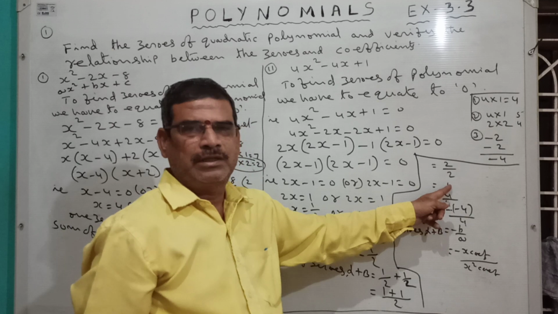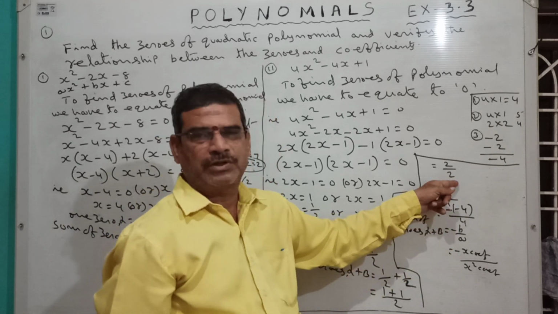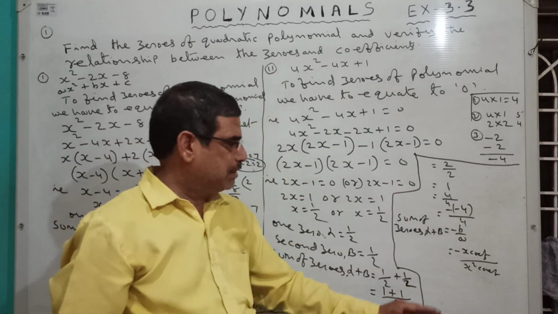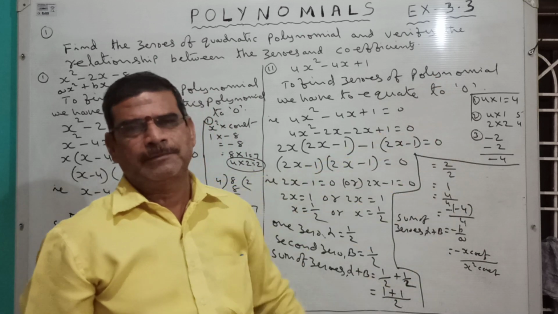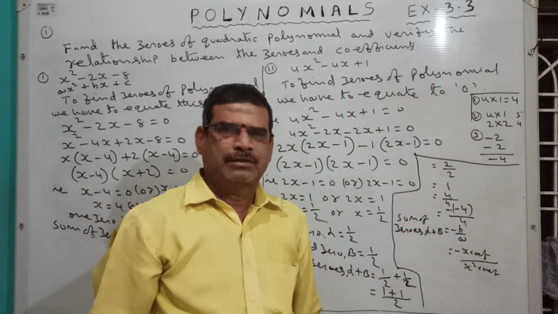Here 1 is there. Instead of writing 1, I am writing 4 by 4. Cancellation means 1. Why am I writing 4 by 4? Here 4 are there in this case. So you have to do it simply in the reverse way. The answer will come with an easy calculation, an easy method.